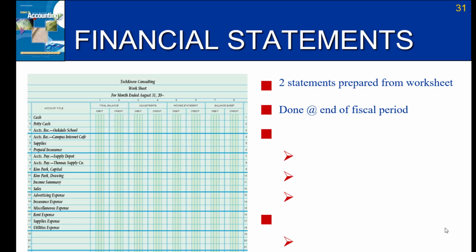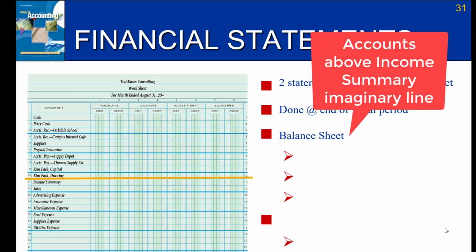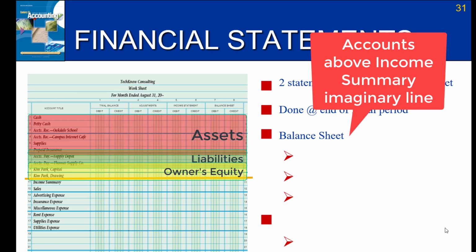So it may seem a little backwards, but we're going to do the balance sheet first, even though it's the furthest column in the worksheet. And remember when we had that income summary line that we talked about in the trial balance? That's our imaginary breakdown of which accounts get extended into the balance sheet and which accounts get extended into the income statement. So if we draw an imaginary line above income summary, the remaining accounts are our assets, our liabilities,